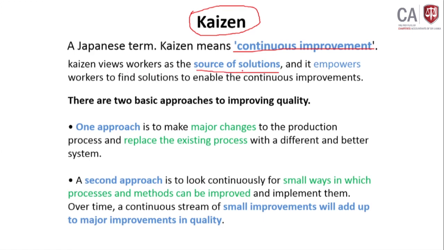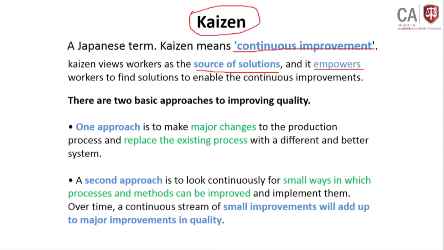Workers as a source of solutions. It empowers workers to find solutions. Here, he is talking about how the workers who are working in, let's say, the factory are the source of solutions for any defect, any requirement. They will be giving the best solutions. Because the people who are working,